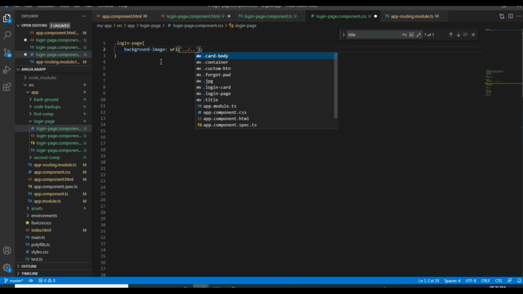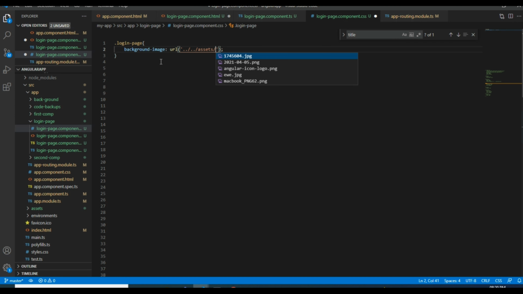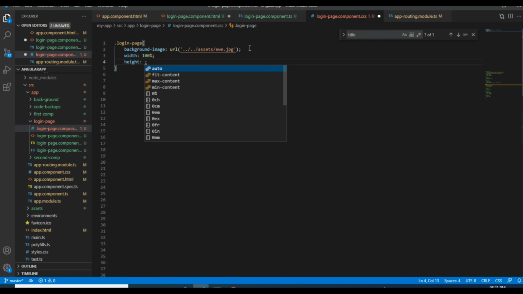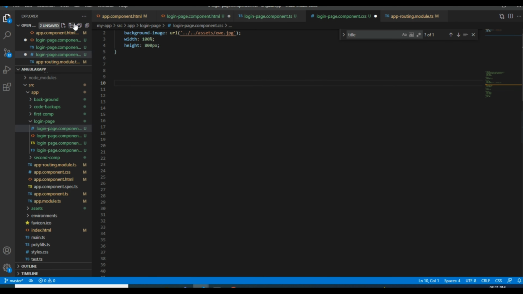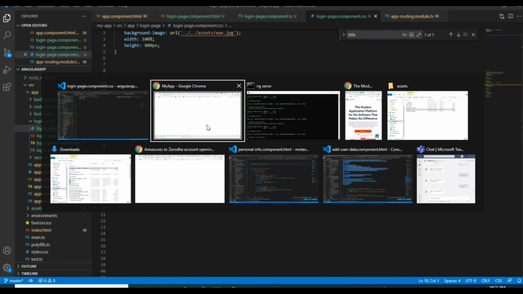I have already downloaded the image, in assets, and I will give it a width of 100% and height of around 800 pixels. Let us save and check.